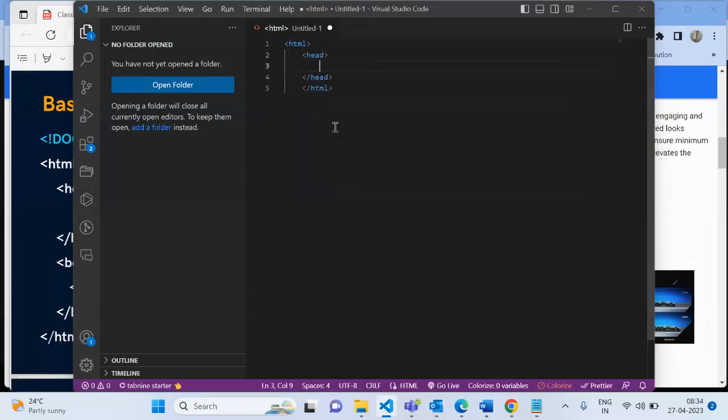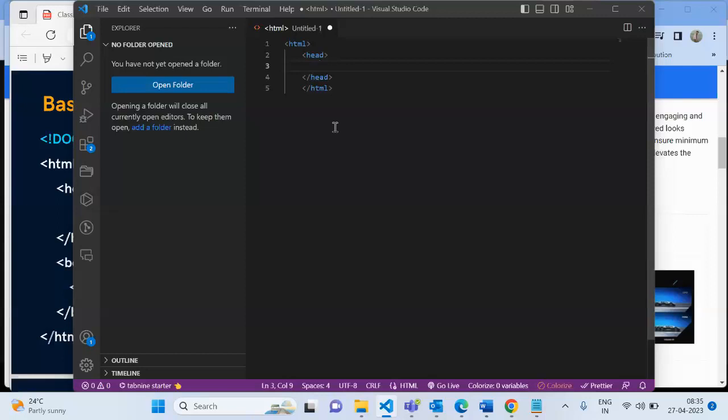What do you mean by head? For example, without the head, you can't identify the person of the body, right? For example, if somebody wants to identify this is Vishal, by seeing my face only, by seeing my head only, they can identify, okay, this is Vishal, right?